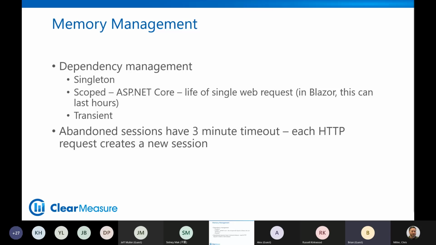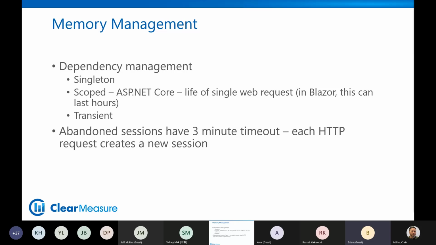Also for Blazor server side, there is a built-in 3-minute timeout. Whether it's on a smartphone and somebody hits the screen, puts it in their pocket, well, guess what? Your smartphone hibernated that tab on the browser. And so effectively, from the server's perspective, the client went away. And of course, networks, various types, and Wi-Fi kind of drop and then come back up and drop and come back up. And so the Blazor server side framework is going to handle this for you.